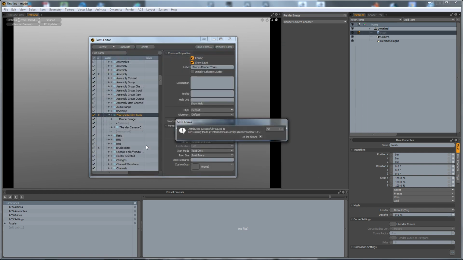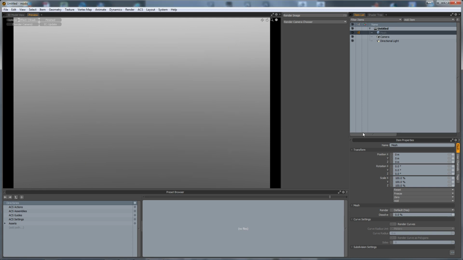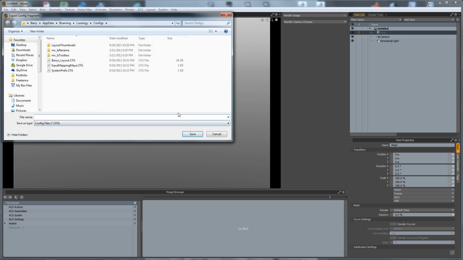Okay, I'm going to save that, say OK. All right, so now I've saved my layout, but I need to re-export the layout. So I'm going to close this, have all this open like this. I'm going to say File, Config, Export. I'm going to go back to that